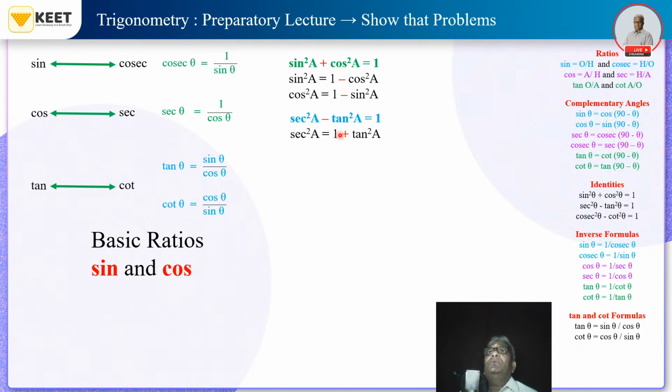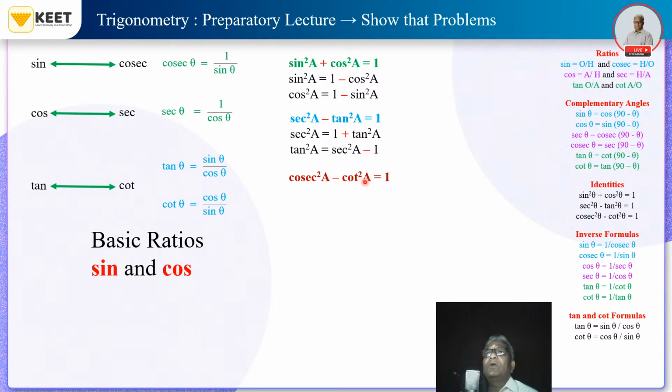So now here what you do, transfer this 1 to the left side, so that the left side will become sec square a minus 1, and on the right side we will have only tan square a. But while writing, we will write the tan square a here and write the sec square a minus 1 on this side. Okay, so it will be tan square a equals sec square a minus 1. So these are the 2 forms of the second identity. Now the third identity,